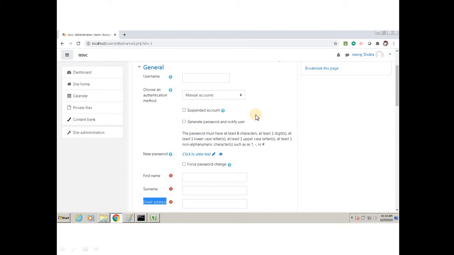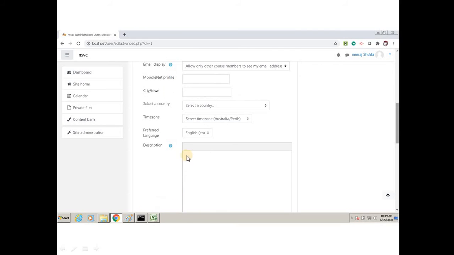But I am showing you this because you should know what the fields are. Username, then the type of account, that means authenticated account, single sign-on with Facebook, Google, etc. Presently it is set to manual account, so we will be going through manual account. Then password, first name, surname, email address, etc. And if you scroll down, you have all these.